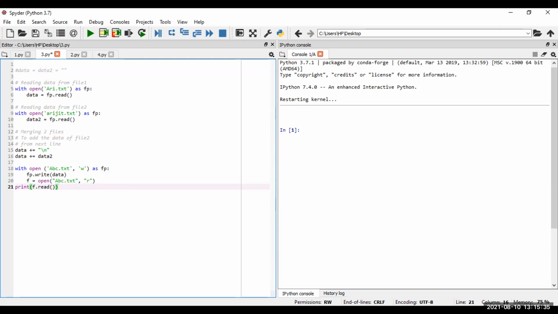Okay, sir. We can also say this FP is a file pointer. So we are pointing to some file. Suppose ori.txt is a file. We need to point to what the file is. So that is an fp. We are mentioning the file pointer. We are pointing to the file, and that's why in the second line also, data equal to fp.read. That is the file pointer reading the file.